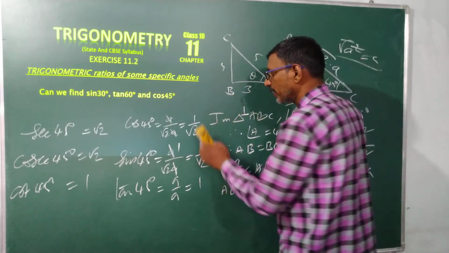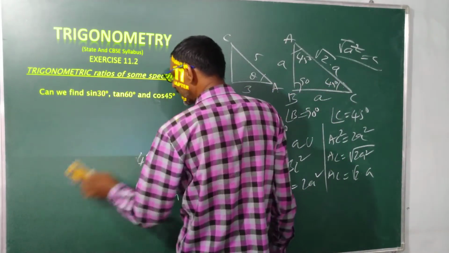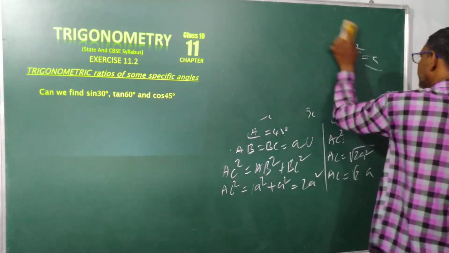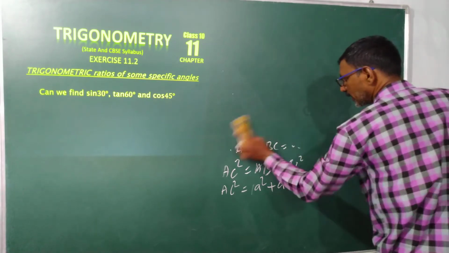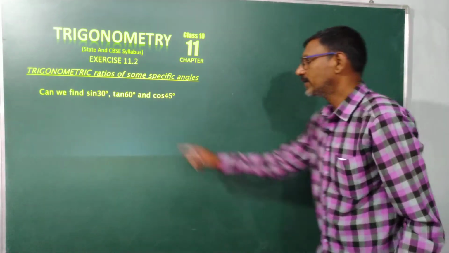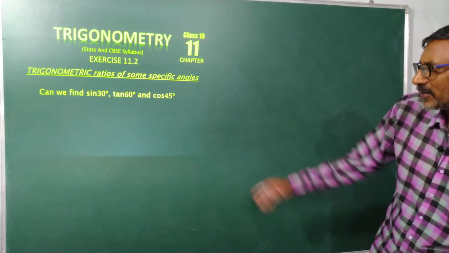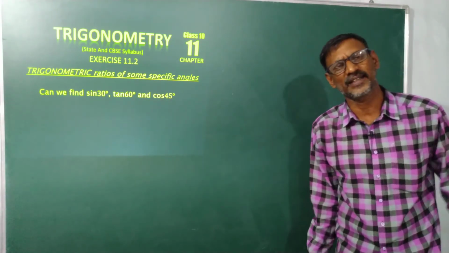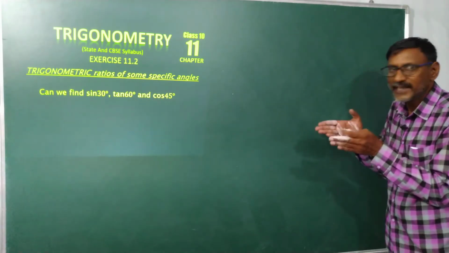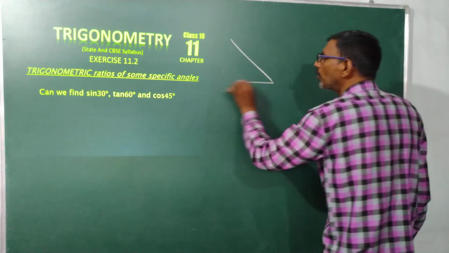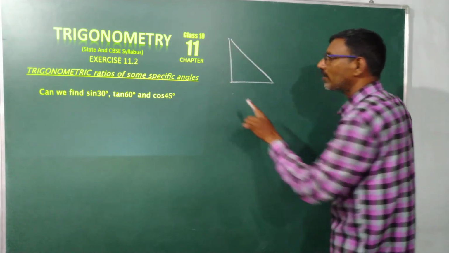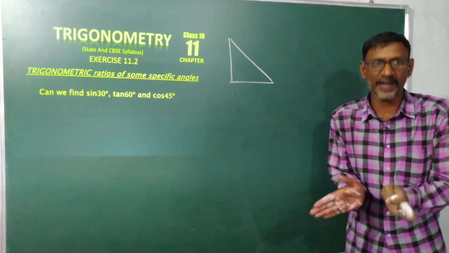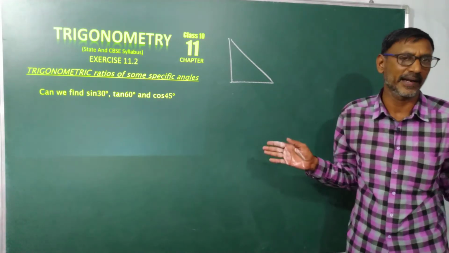Now we are coming to the second concept that is very important. We will discuss the second one, 30 degrees. Given sine 30, we can find cos 30, tan 30, cosec 30 and so on. We are discussing a specific angle. This is my right angle triangle. Always keep in mind, all trigonometric ratios come from a right angle triangle.